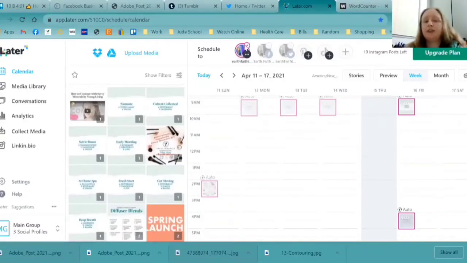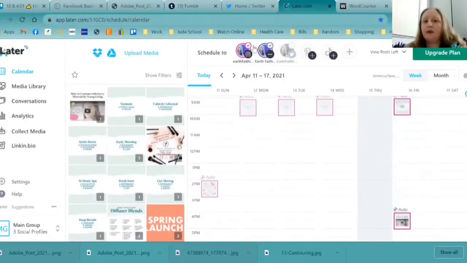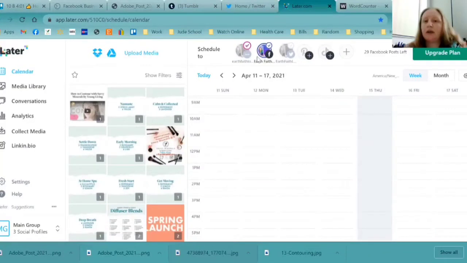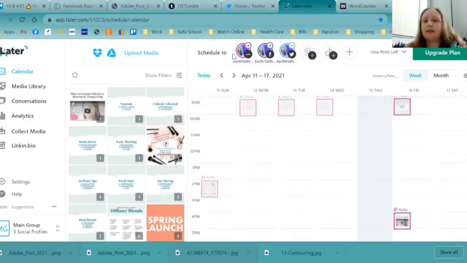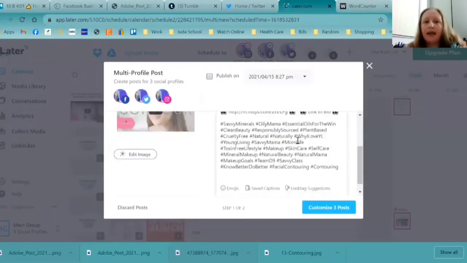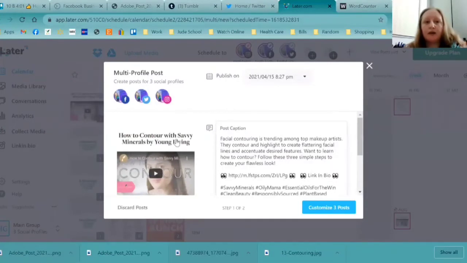You can post to Instagram. You can post to Facebook. I've only used one of my Facebook posts this month. And you can post to Twitter. You can do them all at the same time. When you have one, I'll just do an example and then delete it. When you have one scheduled to all three, it shows you that you're